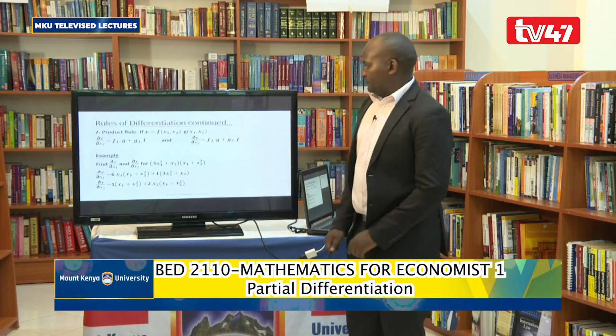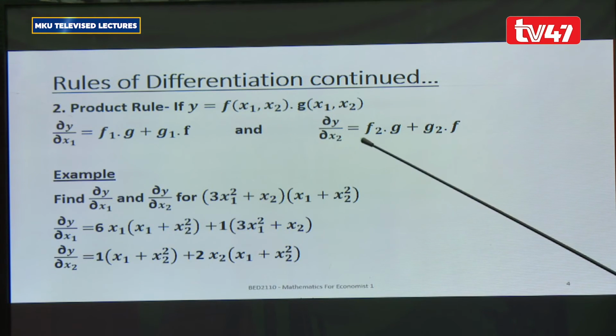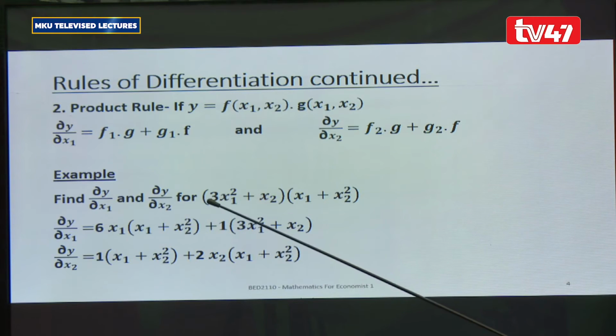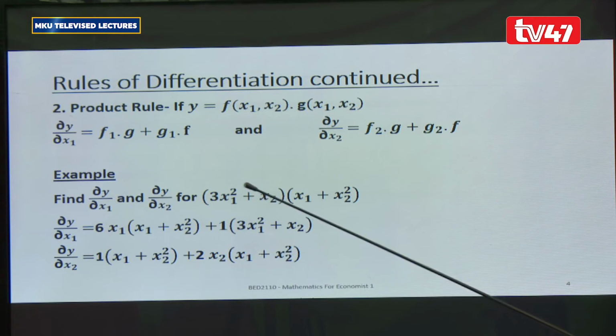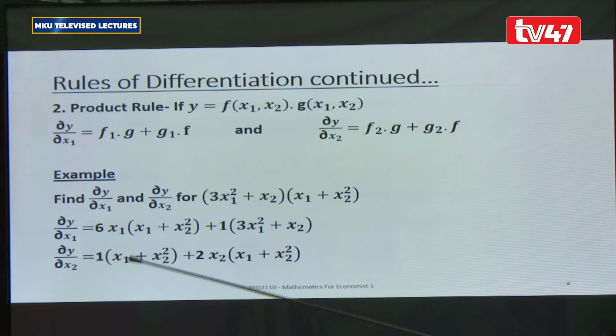We also can perform the partial derivative of this function with respect to x2. In this case, with x2 we take the partial derivative of the first function with respect to x2. The first function with respect to x2, so x2 appears here. We differentiate this one with respect to x2, we get 1. Then we multiply by the second function, f2 multiplied by g. G is this one, we plug it in there. Then plus